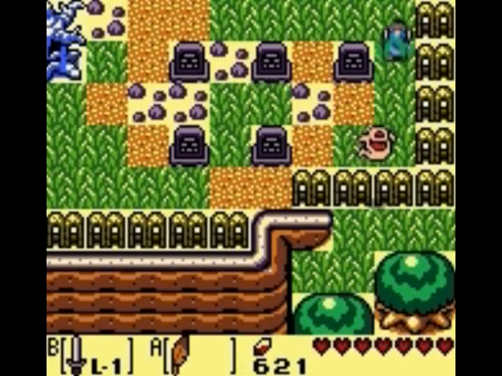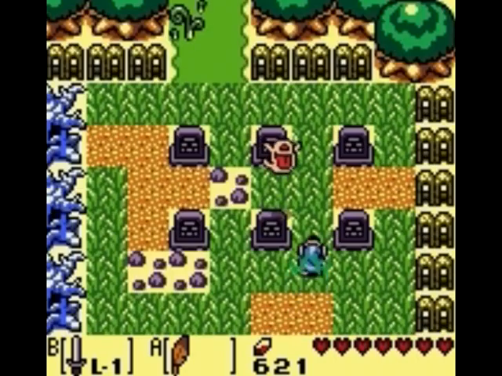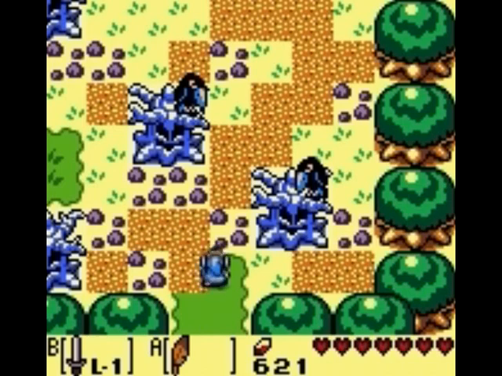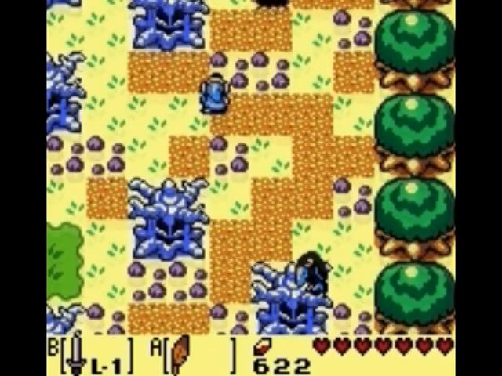Now that we have the blue tunic that we got in the color dungeon, this will reduce the amount of damage that Link takes by 1/2. It's almost as if he is always holding a guardian acorn, and in my opinion this significantly reduces the difficulty